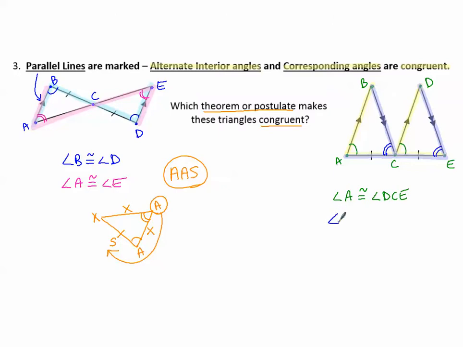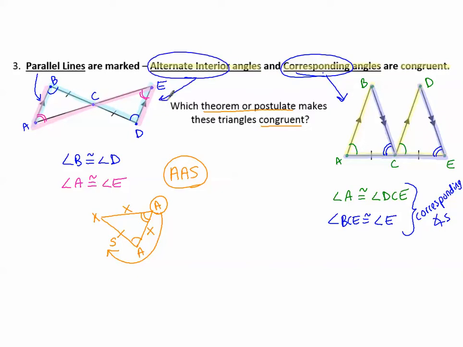So angle, again, C, it's unclear, so we'll say BCA is congruent to, now E, there's no other angle E, so I can just say angle E. These are the corresponding angles. So this is our picture of the corresponding angles, and this is our picture for the alternate interior angles,